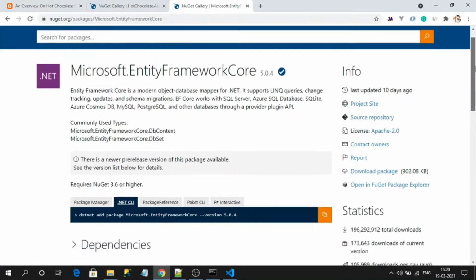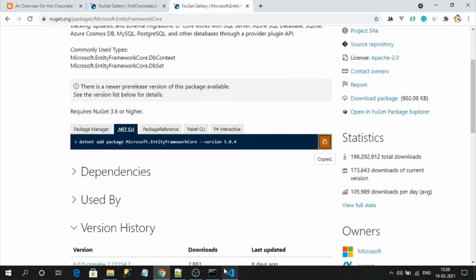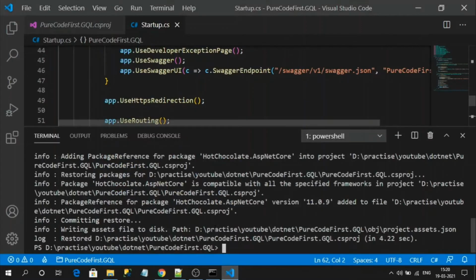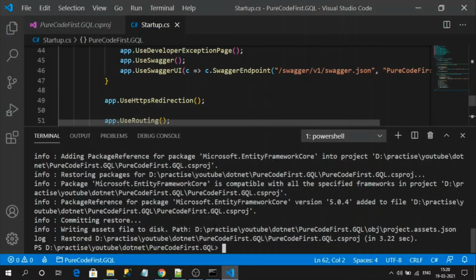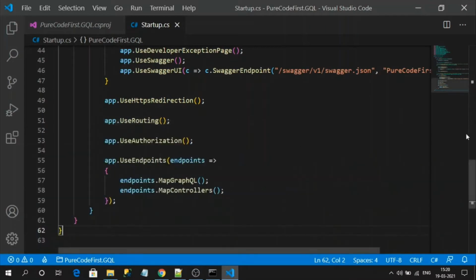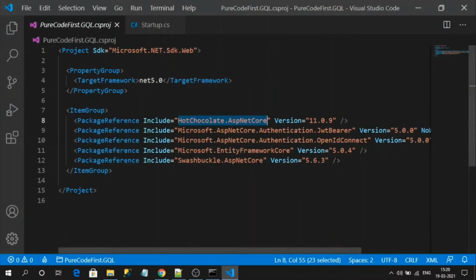So I am going to copy the CLI command. Let's try to install it. I think it's installed. Let's check over here. Yes, Entity Framework is now installed.